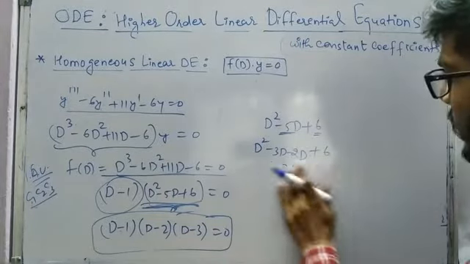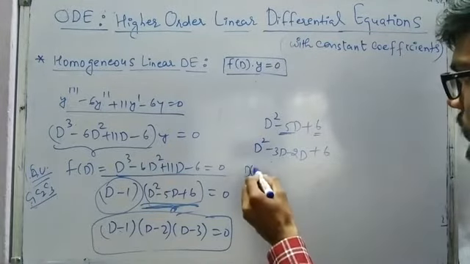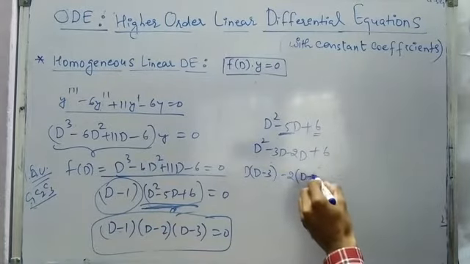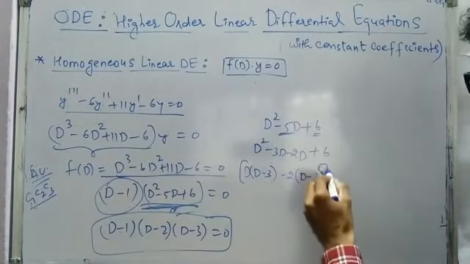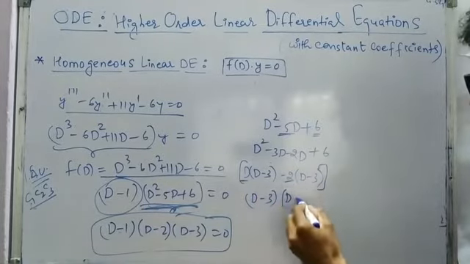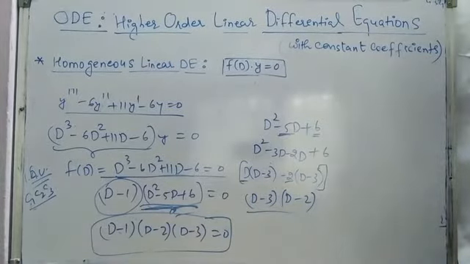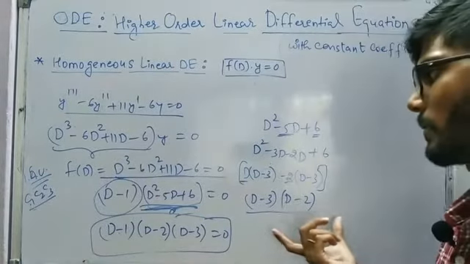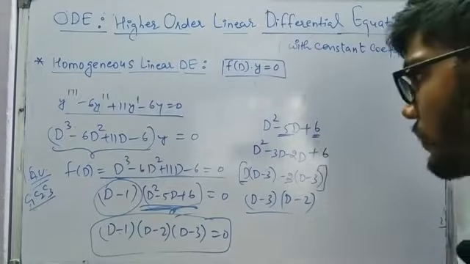How we are going to write that, for that also I will tell you one more step. Take D common, this is nothing but D minus 2, and here take minus 2 common, this is again D minus 3. And in this whole equation take D minus 3 common, so D will be left here and minus 2 will be left here, so (D minus 3) into (D minus 2). So in this way also you can get the solution. This is nothing but getting the factors of the quadratic equation.